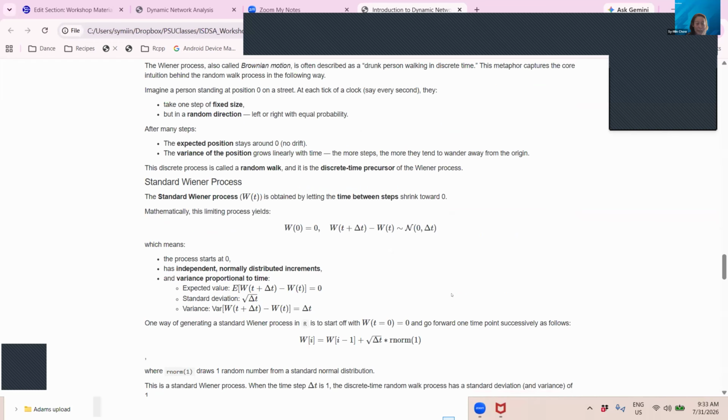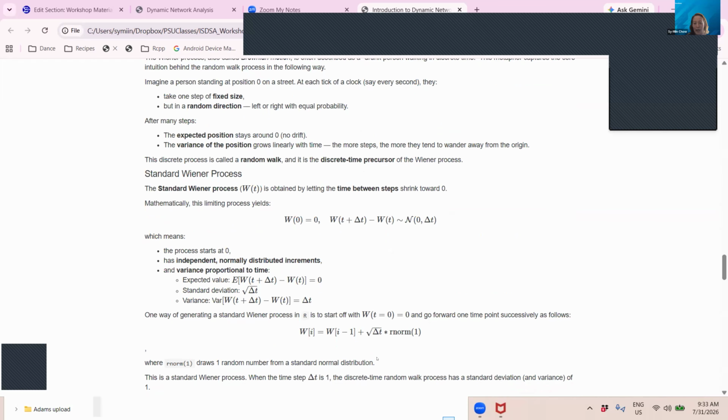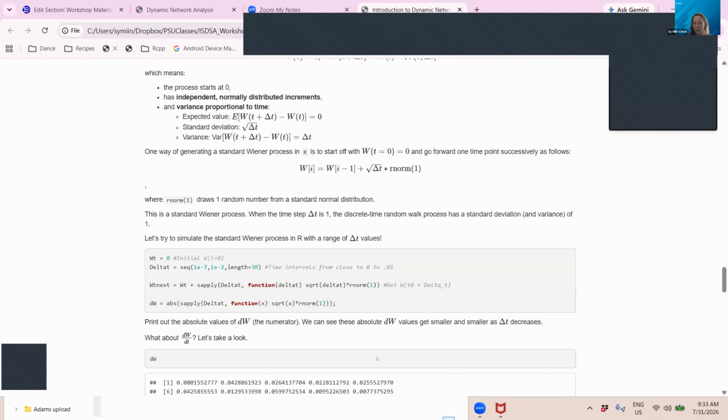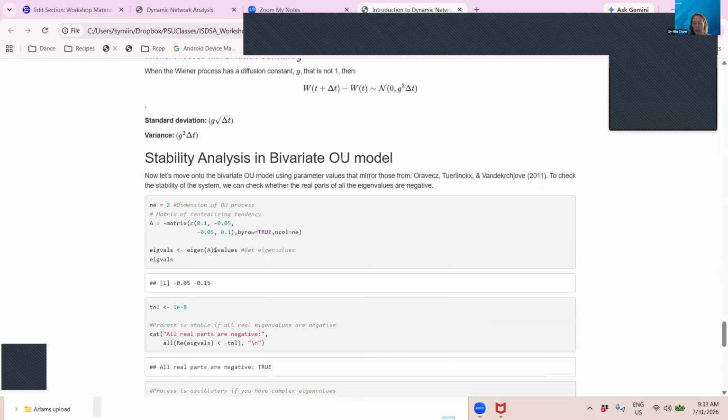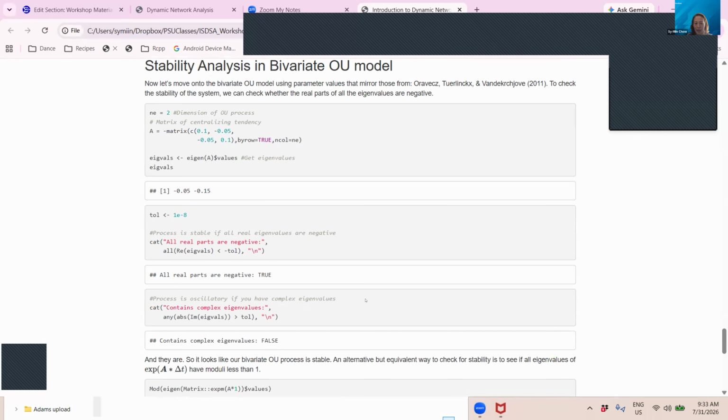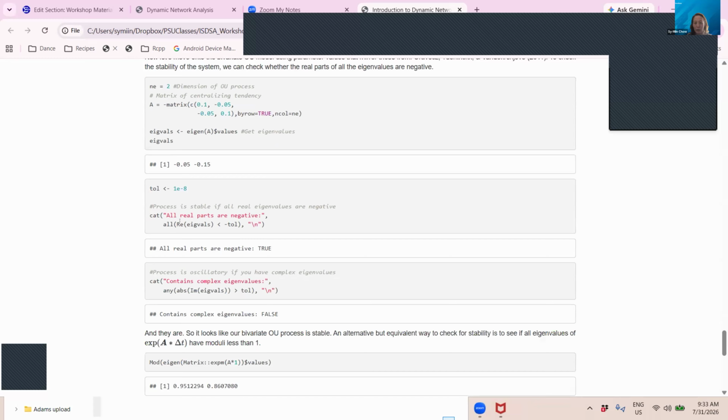And then if you're interested in the navigation pathways in Seoul, here it highlights some properties and characteristics of the dynr process of continuous time process noises. And then it talks about a stability analysis in a continuous time version of the autoregressive model, the Ornstein-Uhlenbeck model, using values from a published paper. And it allows us to extract, for example, the real parts of a set of eigenvalues and check whether all real eigenvalues are negative in value, right?